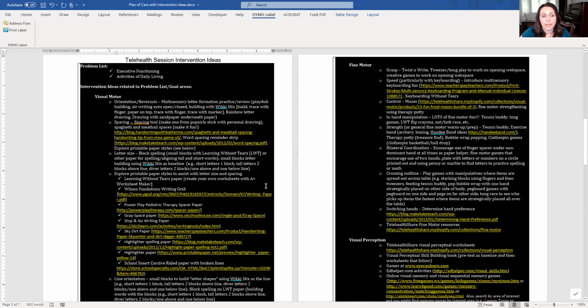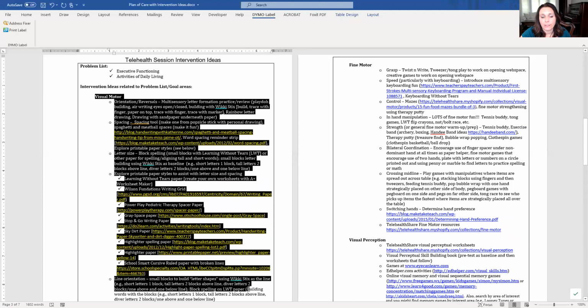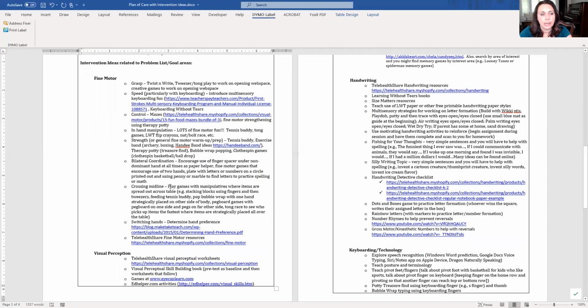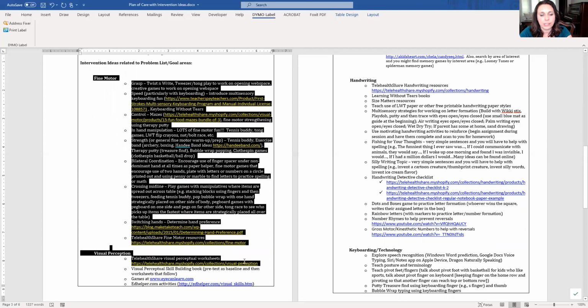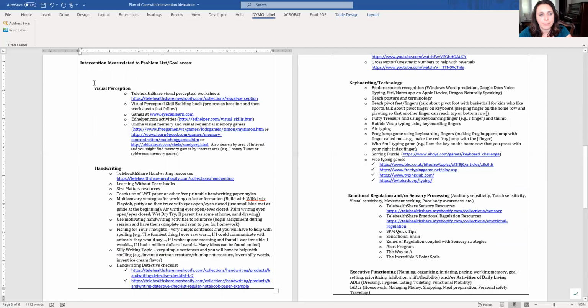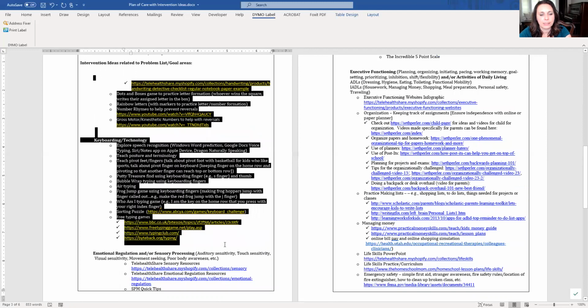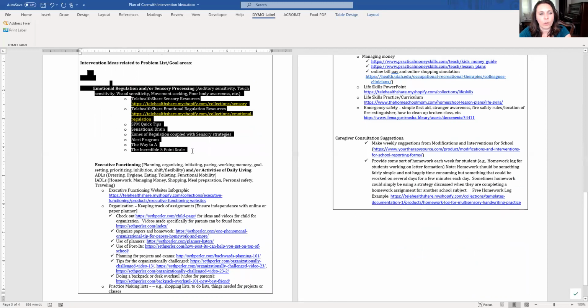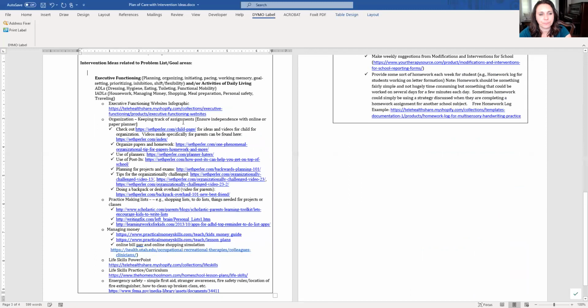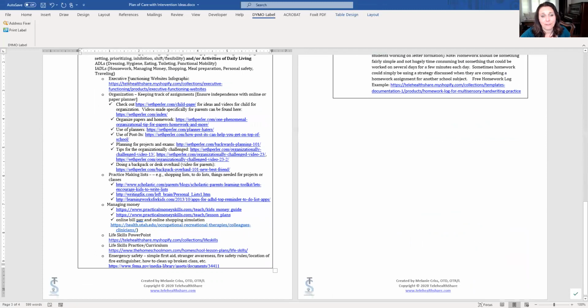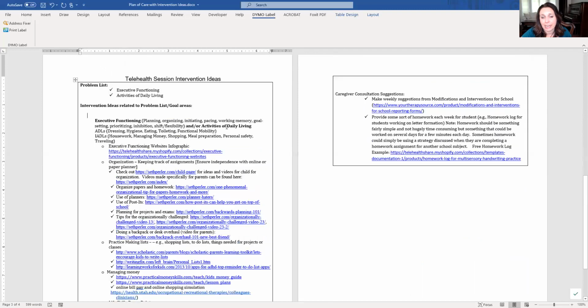And so then, we're not going to be focusing on our visual motor section, or the fine motor section, or the visual perception section, or the handwriting section, or the keyboarding section. So what we are going to end up with is the executive functioning and activities of daily living section on